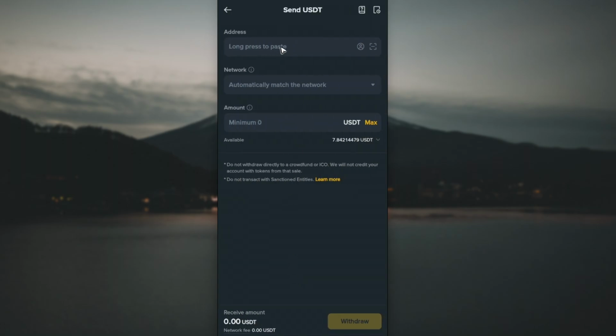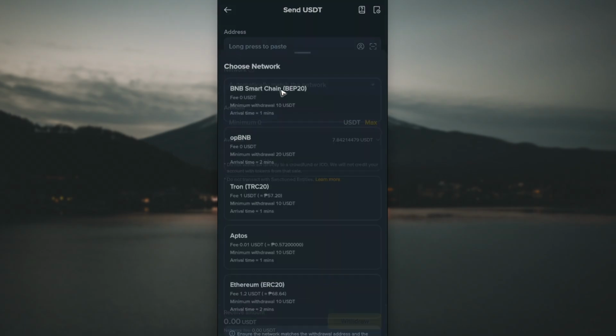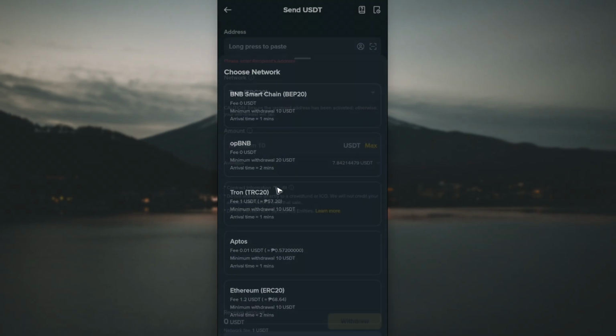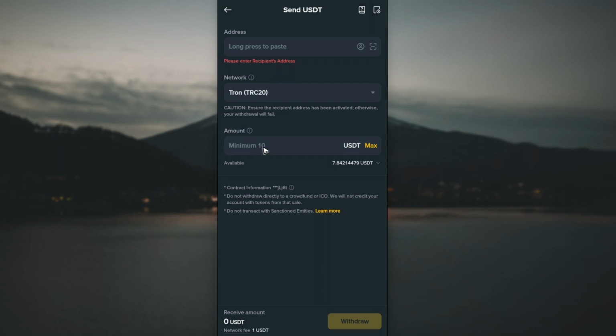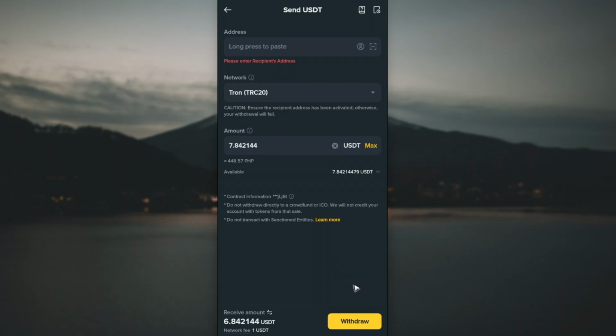Now go ahead and enter the address right here, or the TRC20 address. Then once done, select the network, select Tron TRC20, and type down the amount. The minimum right here is 10. And then once done, just go ahead and tap on withdraw. And in no time, you will receive your